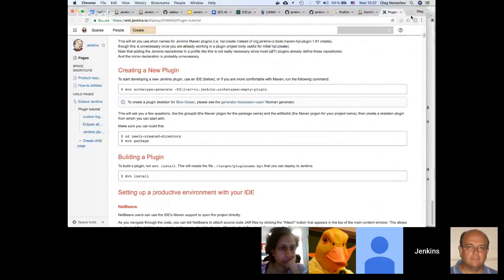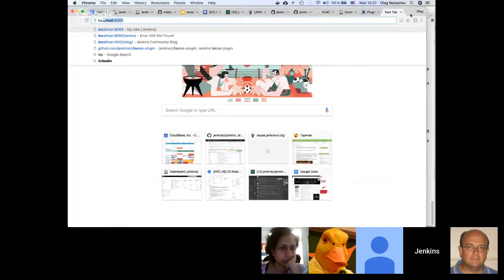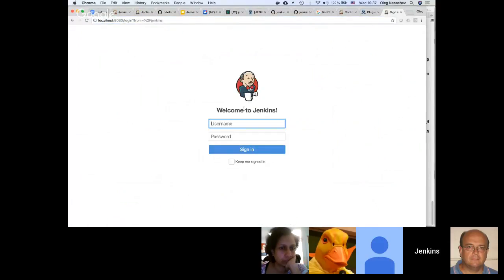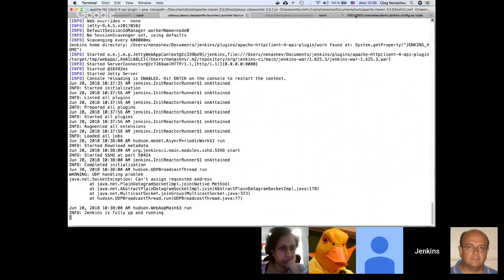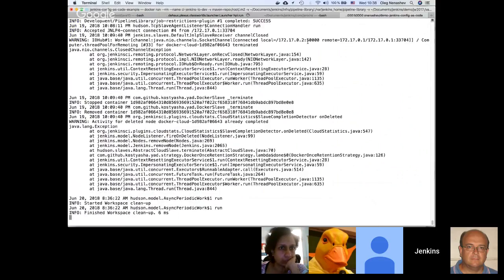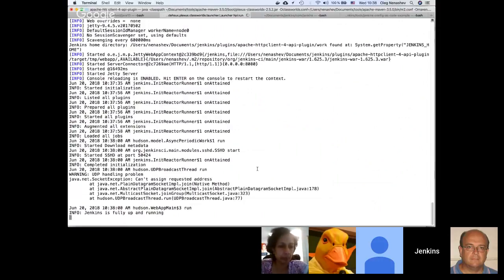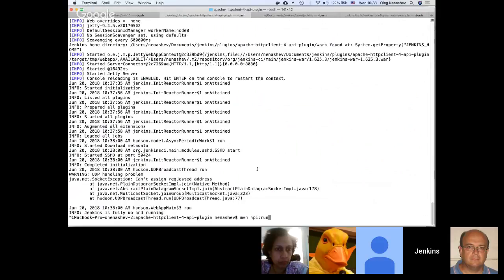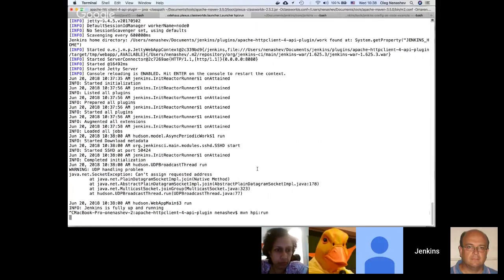Maybe it has already started up. Let's see. Oh, it won't start up because I have another Jenkins on this port. Okay, I will restart that, but that's the idea.